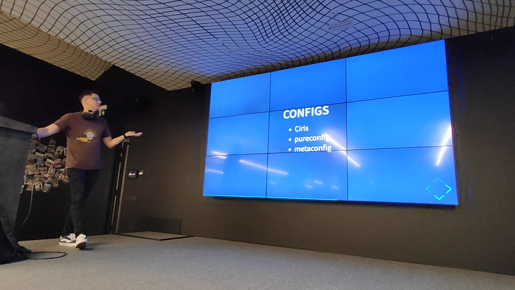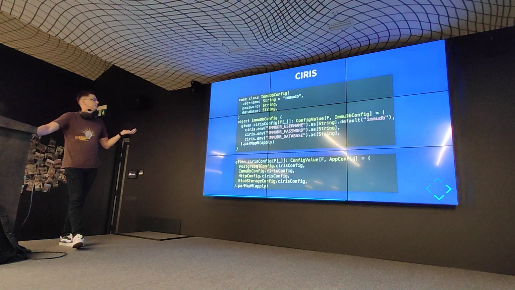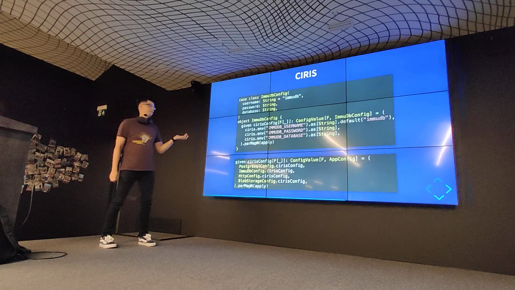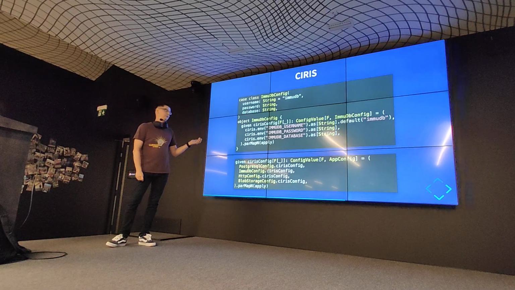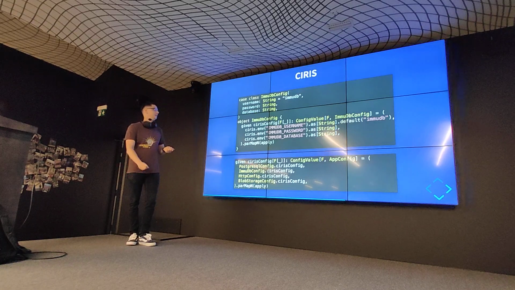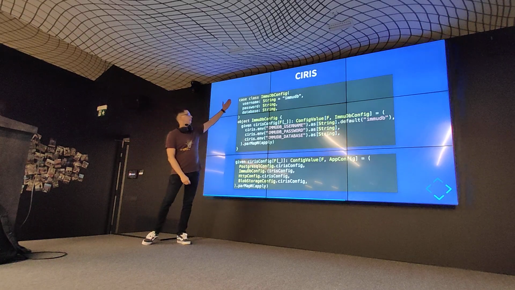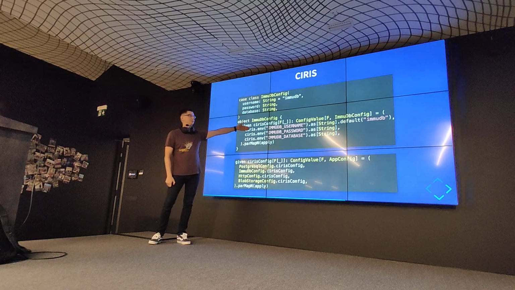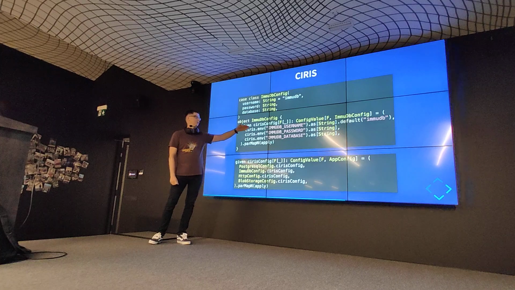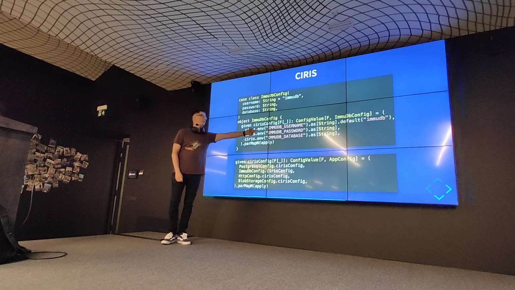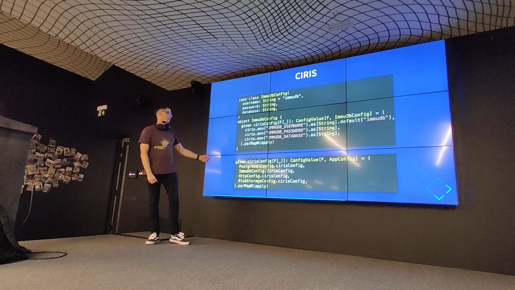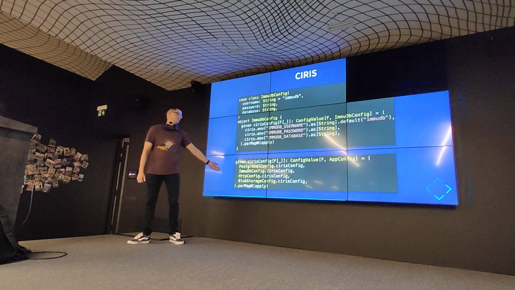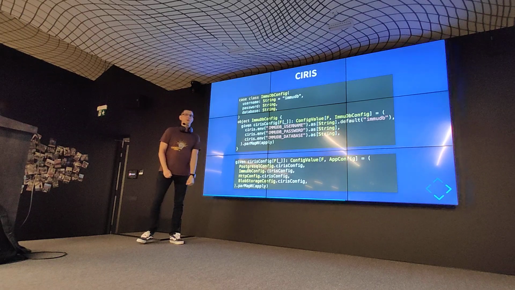So I mentioned 3 libraries here which I like. Ciris is a library that allows you to read configuration from the environment or from config files or from any other pluggable backend. But it's pretty simple. You have a type for your configuration, and then you define how you want to read that. So you say, you read these environment variables, you can provide defaults, and you can compose configs into larger configs by just listing them out and joining them together.